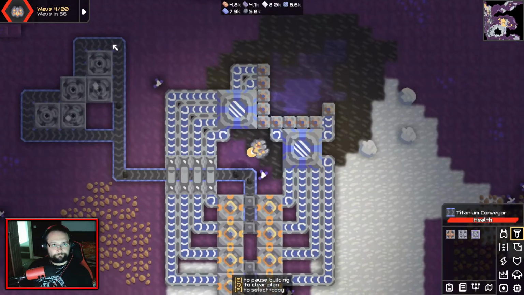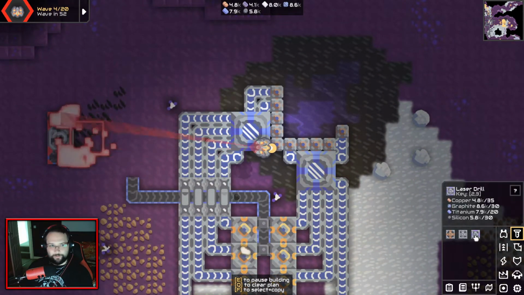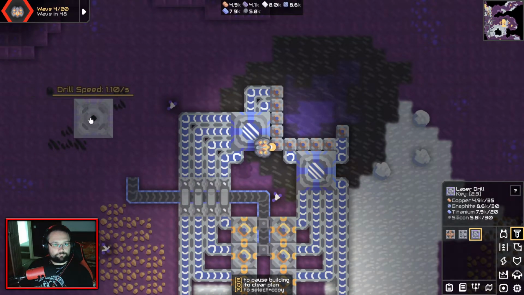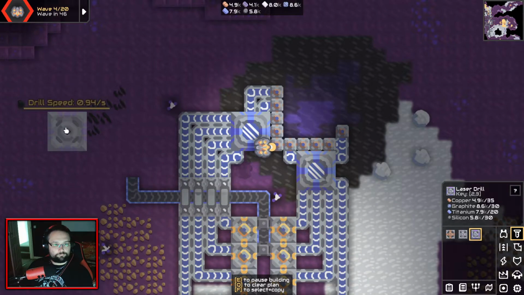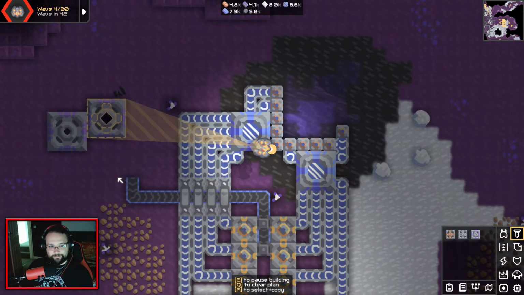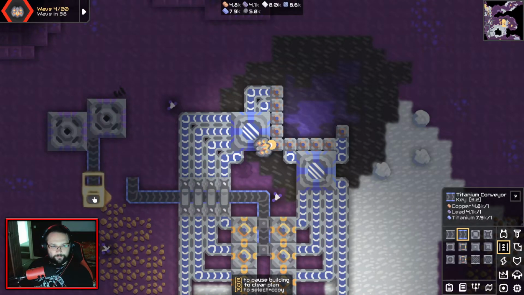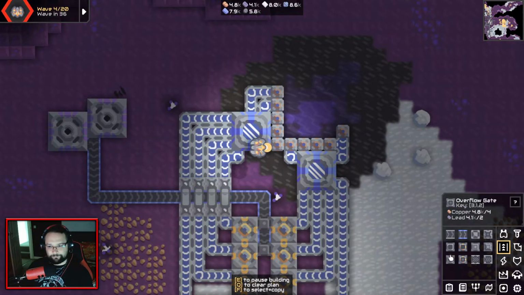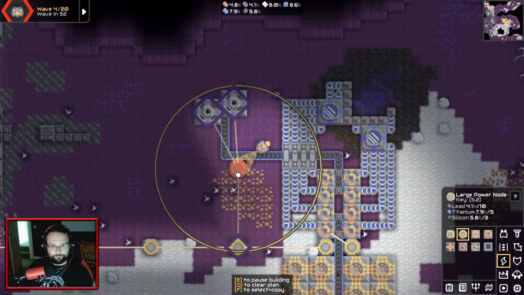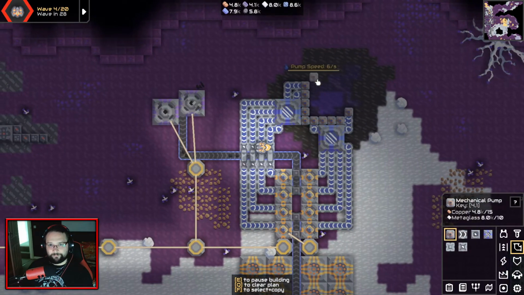Actually, sorry, I just need to chop this up again a second. That one could go there, that one could go there. And you can go like that. Obviously this then needs some power. That should reach. And if we then get this some water,